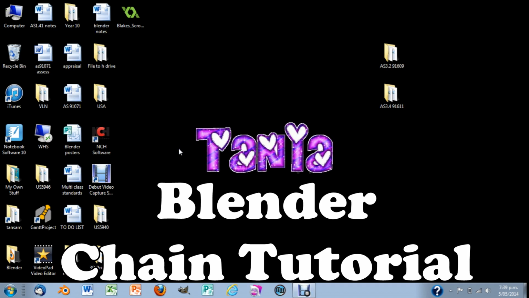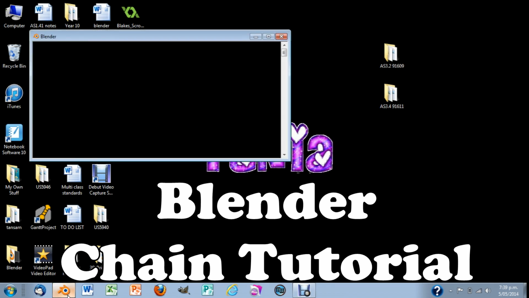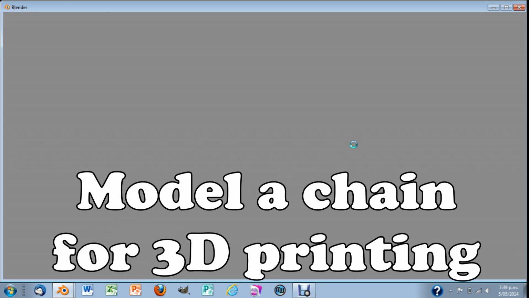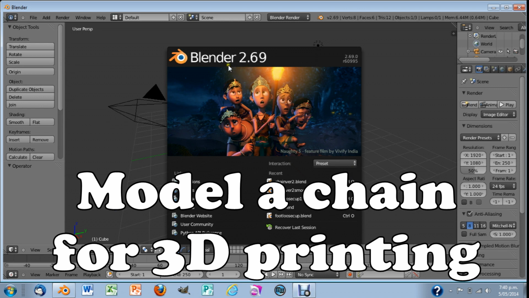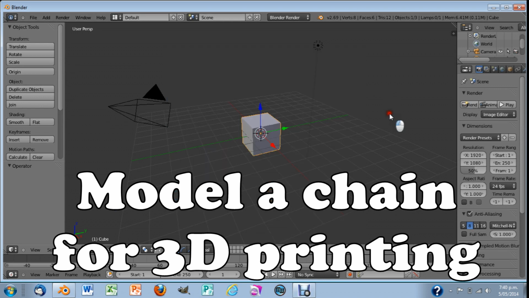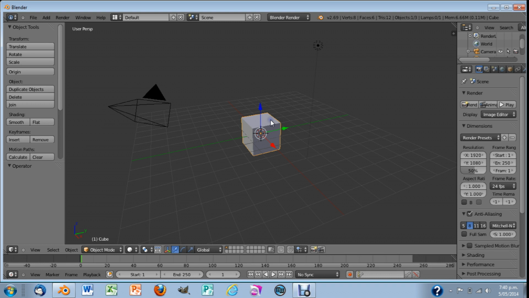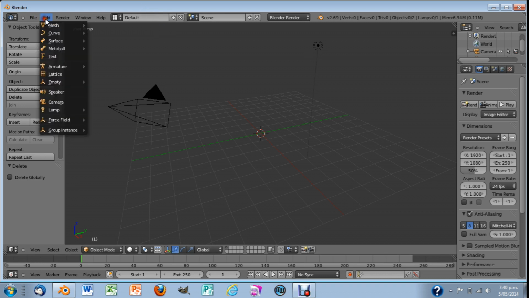Hi everyone, today we're going to create a chain in Blender. We just open the program. As you can see, I'm using Blender 2.69. I'm just going to delete the cube by pressing delete and enter on my keyboard, and I want to add